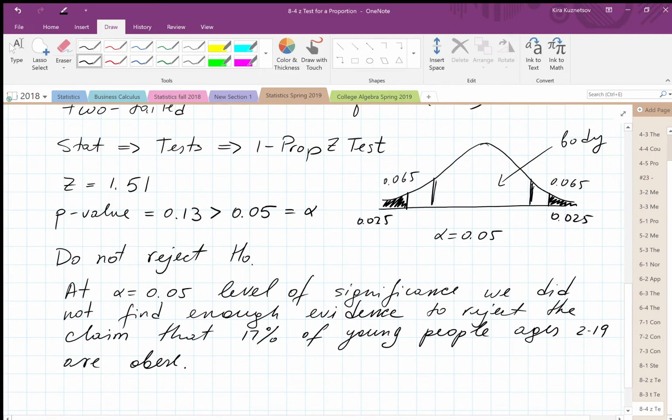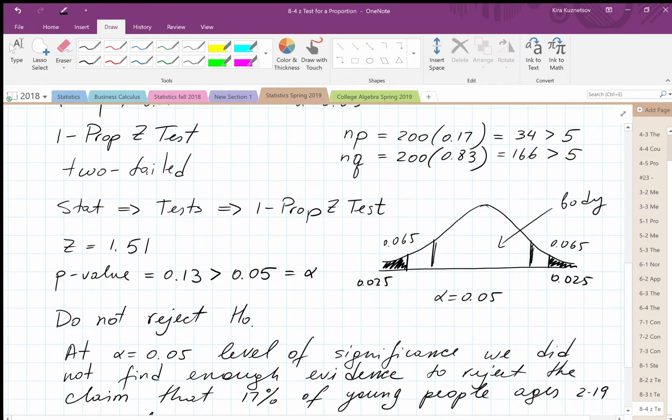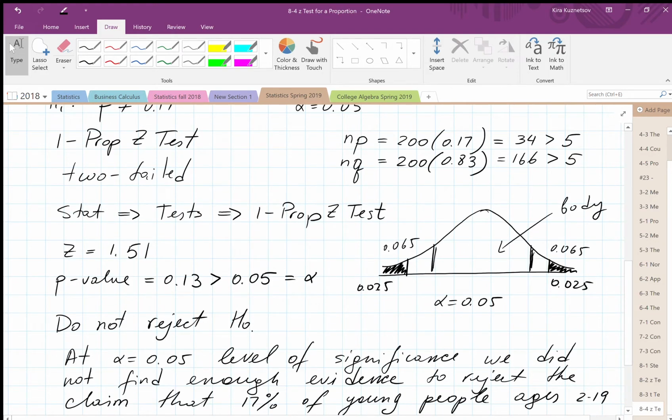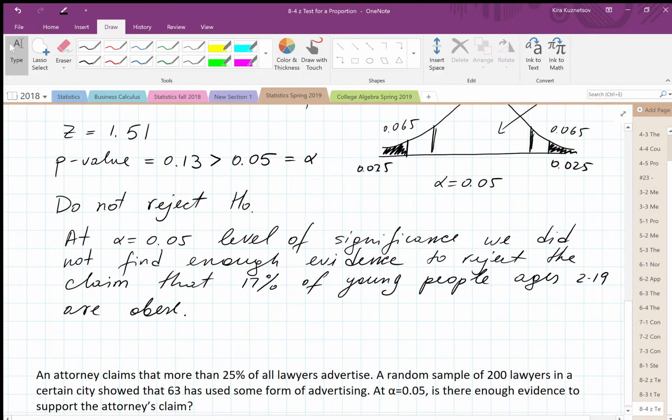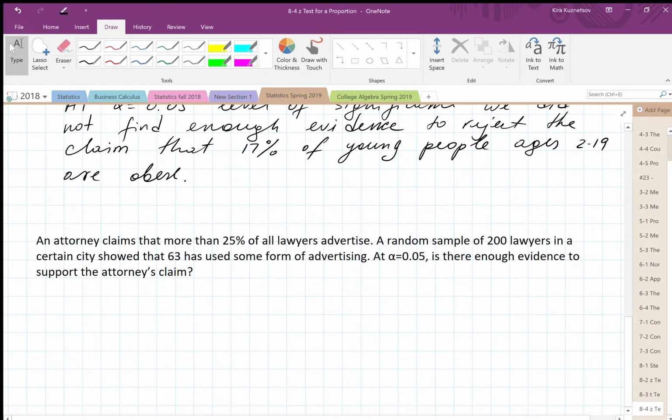The sentence is what I actually grade. That's a chunk of your points, along with all the other information that will tell me that you actually ran the right test. Let me do one more problem,